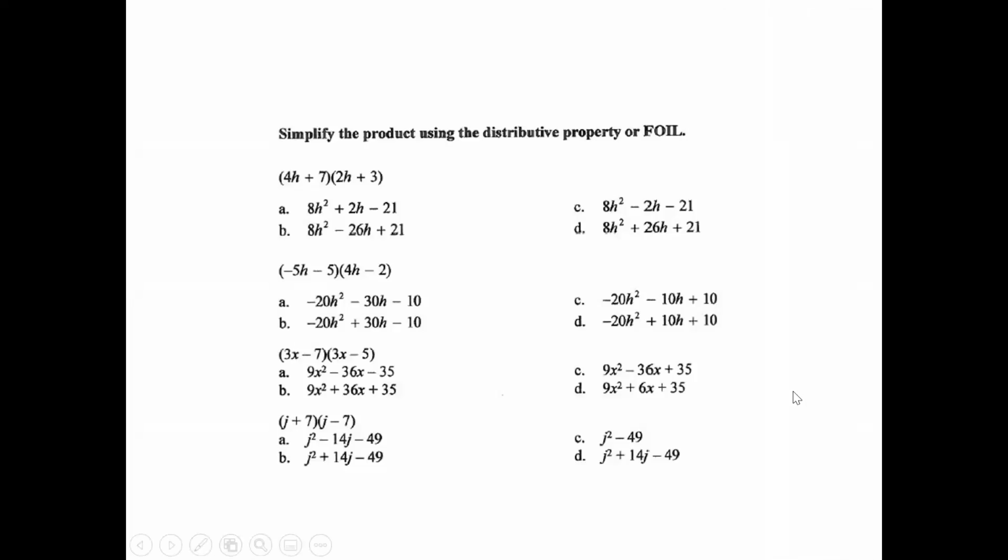All right, let's go on to the next set of problems, which is going to be on FOIL. Now I'm going to go ahead and do this one, and I'm going to have you guys do the other 3. So FOIL starts off with